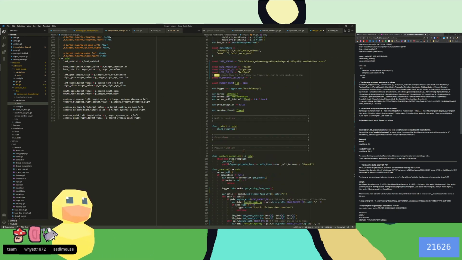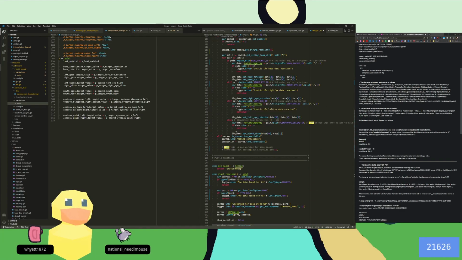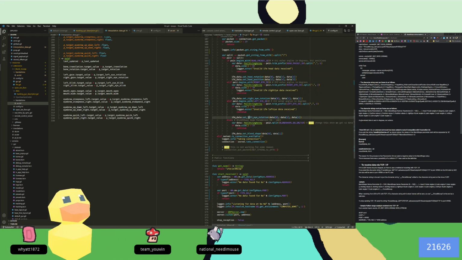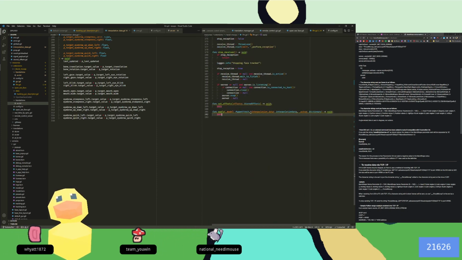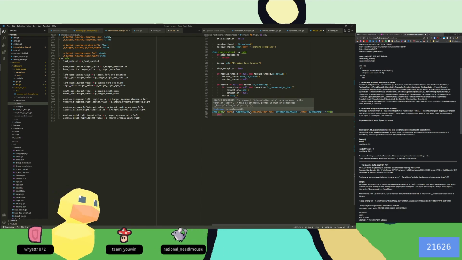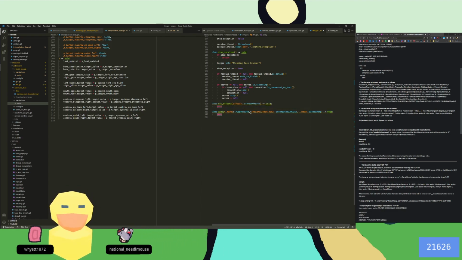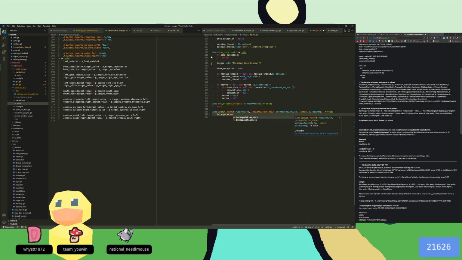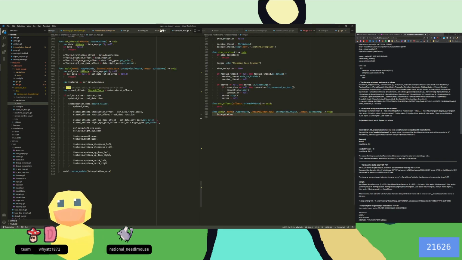Alright, let's see. So we have our IFM data that we set here. IFM set head rotation, position, right eye rotation, left eye rotation, and then blend shape. So we don't really need any of that stuff. But then here in apply, what we can do is interpolation data. How am I doing it in OpenSea